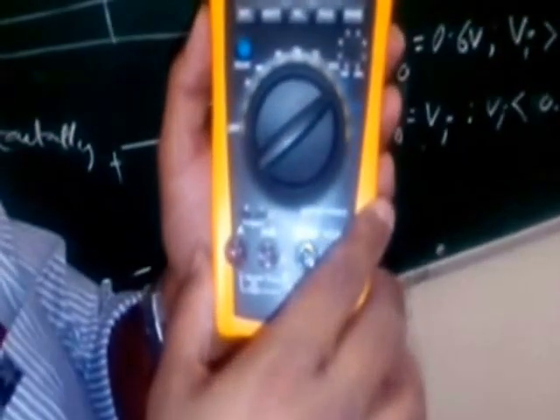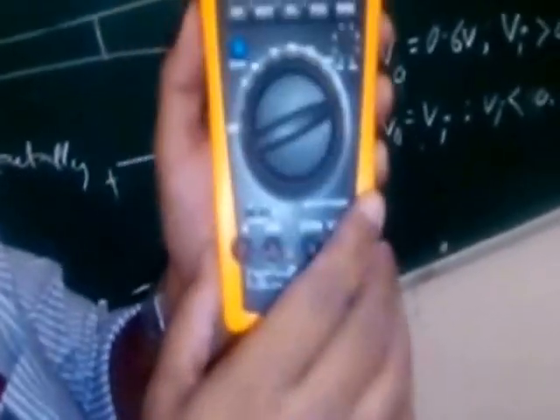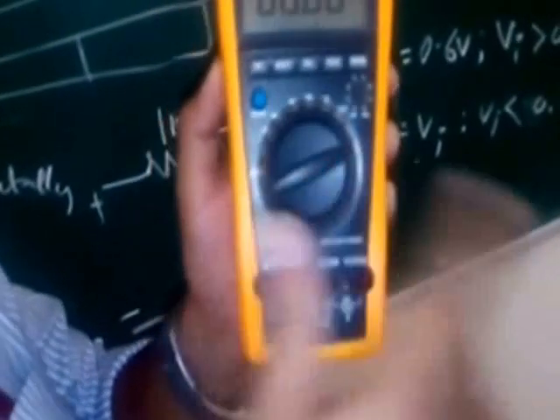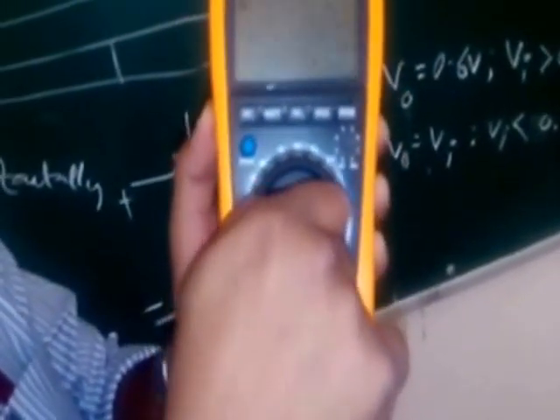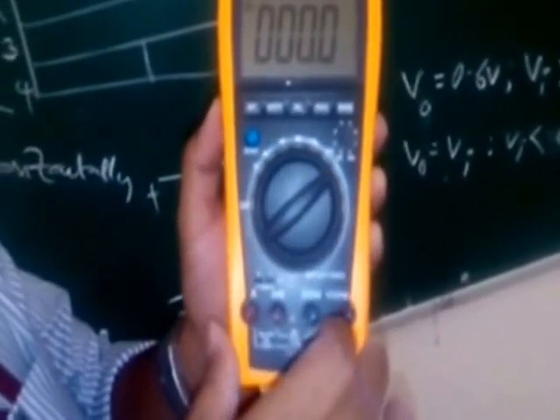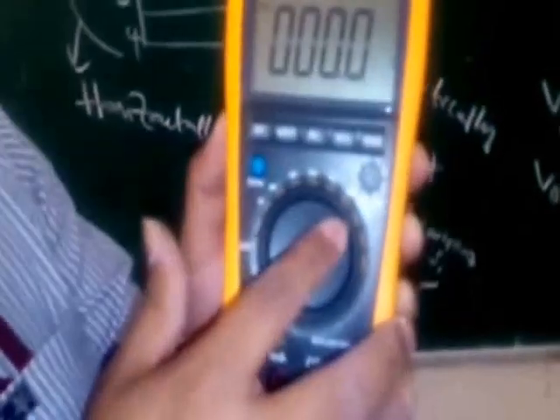If you see the forward bias characteristics of the PN junction diode, in that case the diode current is large, in the order of milliamps. So you should keep the ammeter in the milliamps mode only, then you can do the forward bias operation. And for the reverse bias characteristics of the PN junction diode, since less current is flowing in the reverse bias, in the order of microamps, we should keep the ammeter in the microamps mode only.